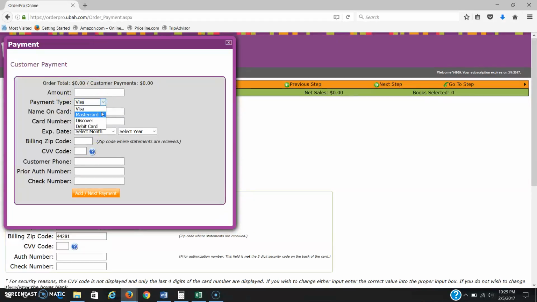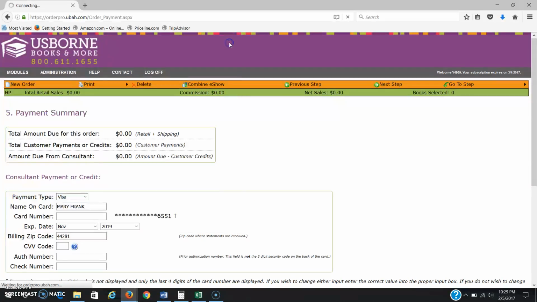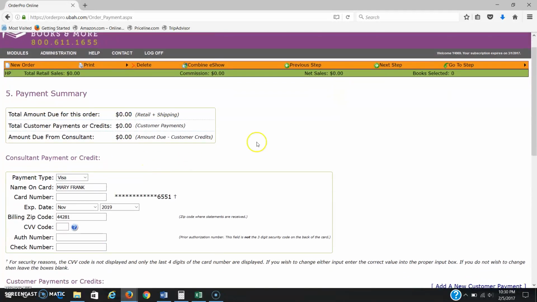You can see we do Visa, MasterCard, Discover, or debit card. Those are accepted. And then you press Add, and it will be added to the order. This page will refresh, and then those amounts will be updated to reflect that difference of the balance. And using that example, this would say amount due from consultant would then be $5. And then you would enter your card, which would then be charged for the remaining amount. It won't be charged though until you process the order. So you can press Next Step